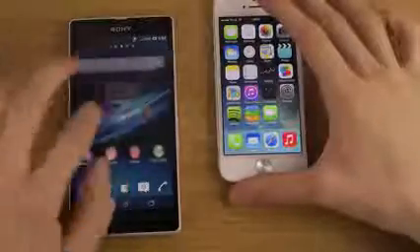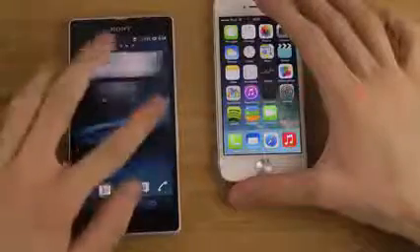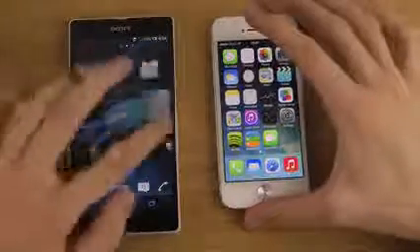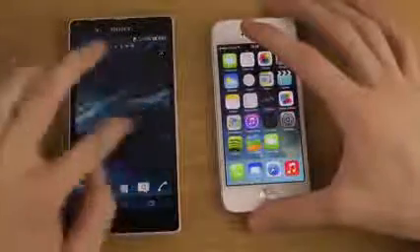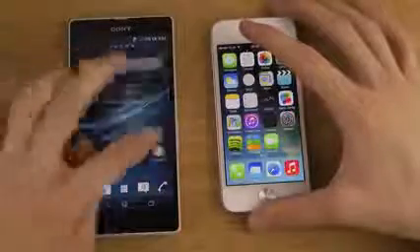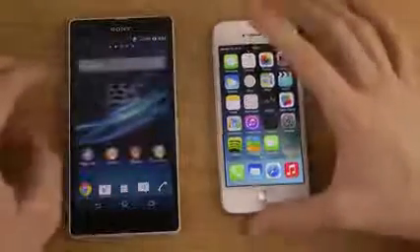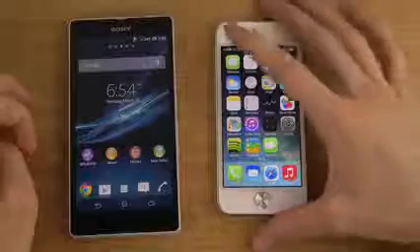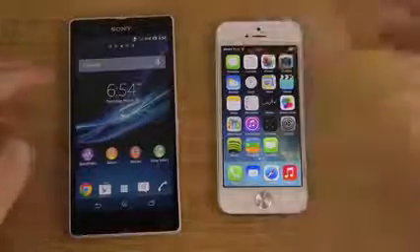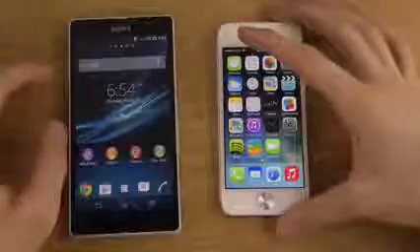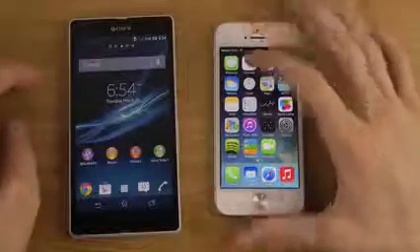Also, if we continue on here, one of the main differences is that on the Xperia Z, you can see that I can have both widgets and apps on my home screen. And of course, if I want to customize the look in Android, I can quickly go and install Apex Launcher, Nova Launcher, or any other launcher. And of course, I can tweak more on Android, where you're a little bit more locked down